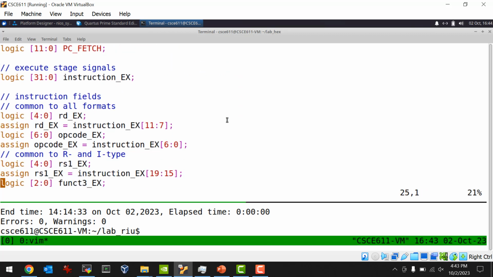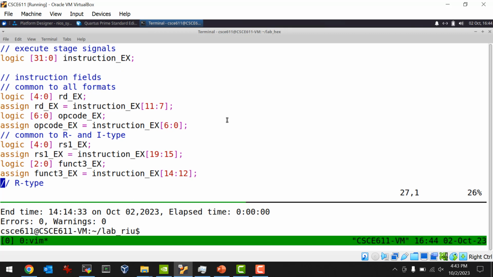below that, this is something I mentioned last lecture. You guys don't have to do this. I think it's helpful, though, for debugging. You can come up with alternative signal names. So instruction EX is the machine code instruction, but then you can rename the fields of it appropriately so you can see what the fields are. So for example, RD,